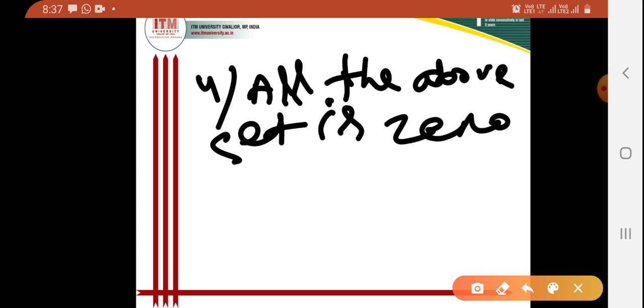Now similarly, if I want to talk about our node 2, I can talk about it in the same way as per the discussion for node 1. When I was talking about node 2, there also I derived the values, that is VB whole into 1 by R2 plus 1 by R3 plus 1 by R5. So I am taking the product of VB and the reciprocals of all the resistances R2, R3 and R5 connected to it, and then I am taking the adjacent voltage, that is VA by R2.